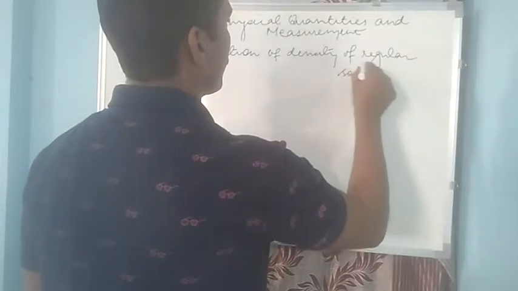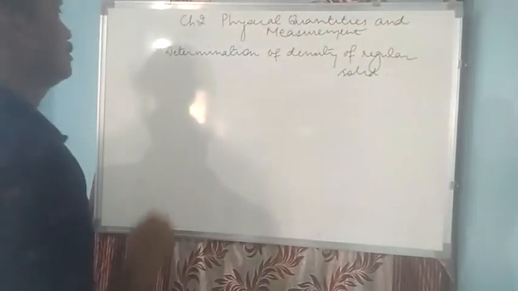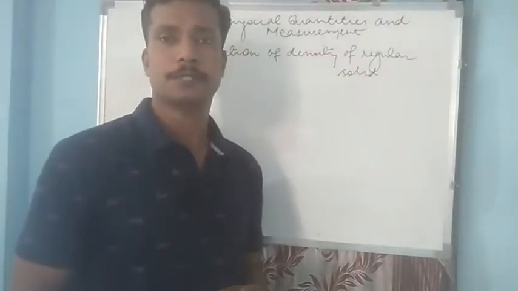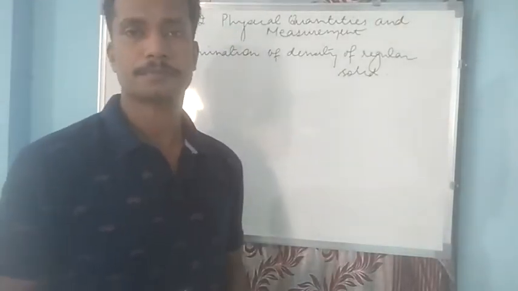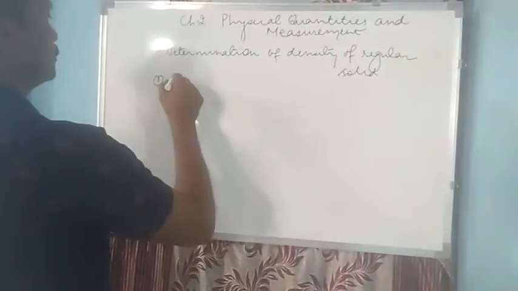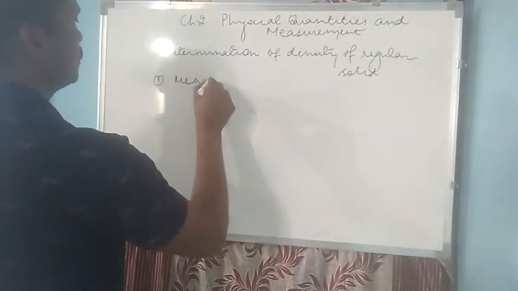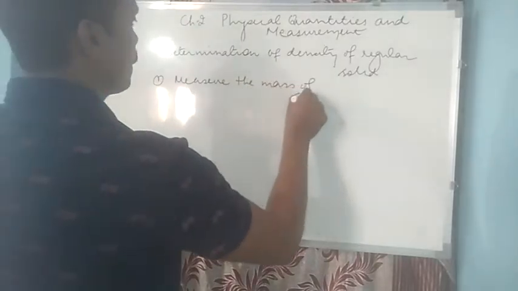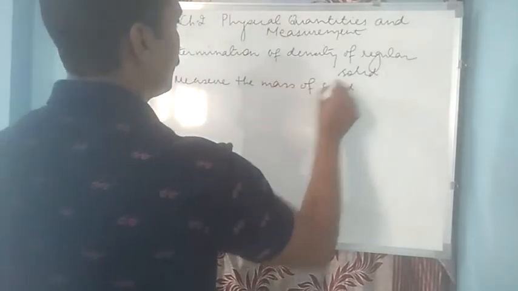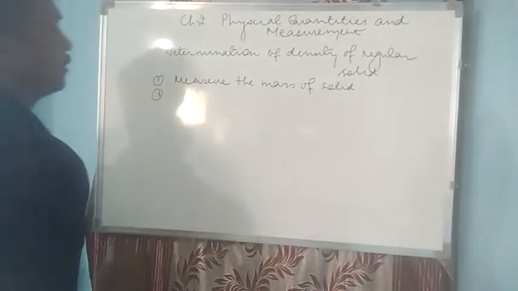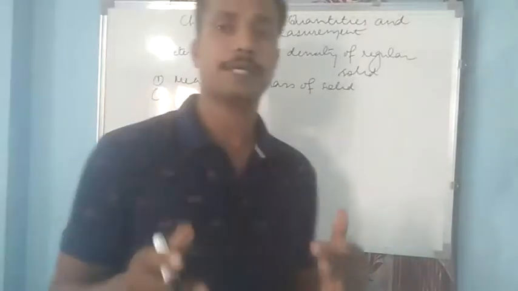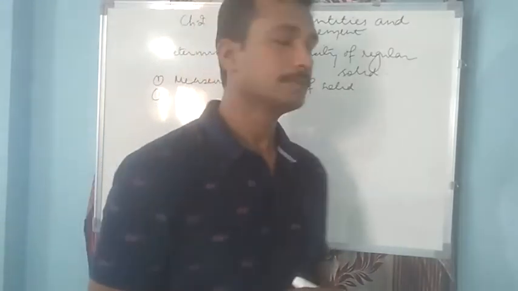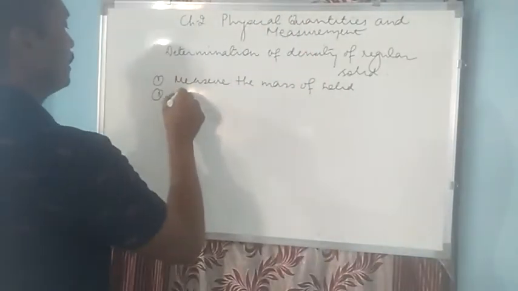So the first step is to measure the mass of the solid, we can measure it by beam balance. Measure the mass of the solid, and then the second step is to find out the volume, because we know density is equal to mass per unit volume, so we also need to find out the volume, and volume can be found